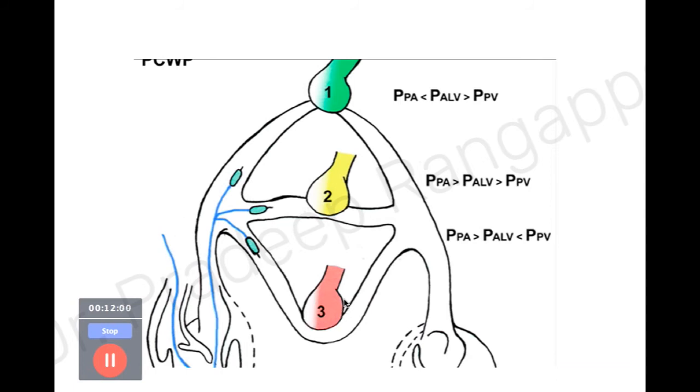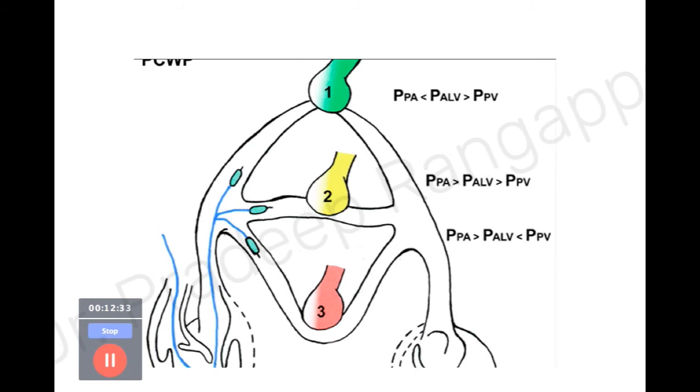As you see, zone 3 is not compressing your pulmonary artery. So here if you wedge, it is a true reflection of the pressure which is communicating with the left atrium, where pulmonary artery pressure is more than alveolar pressure, and alveolar pressure is less than pulmonary venous pressure. This is something which we may ask in the exam: which is the ideal zone and what are the pressure relations in zone 3. Zone 3 is pulmonary artery pressure more than alveolar pressure, and alveolar pressure less than venous pressure.